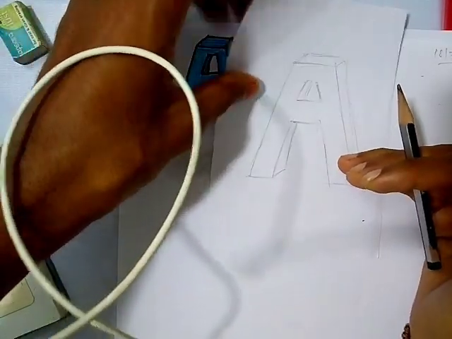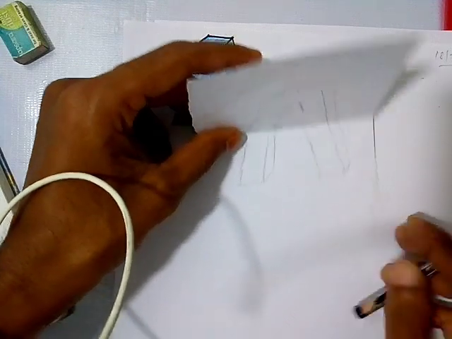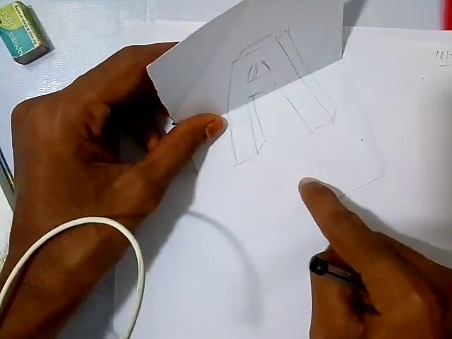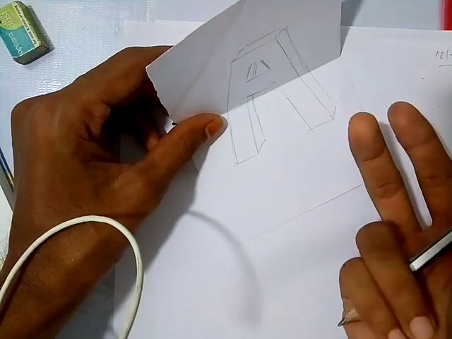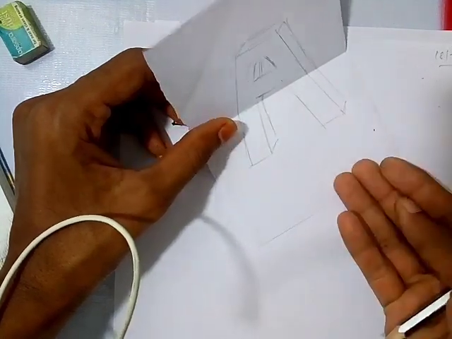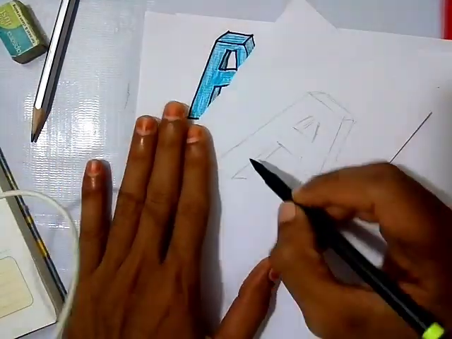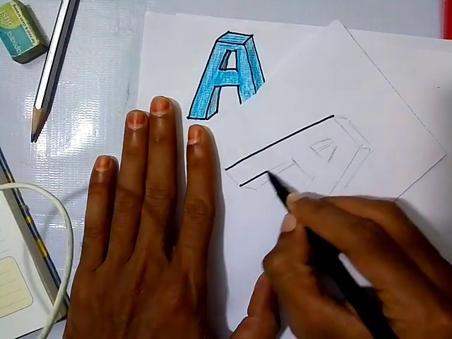We are folding this paper something like this. We need to fold this paper something like this. So make sure that the portion you are covering on the horizontal plane should be a little bit more, just half a centimeter or 1 centimeter, that's all. Okay, now this is over, pencil work is over, and now sketching.